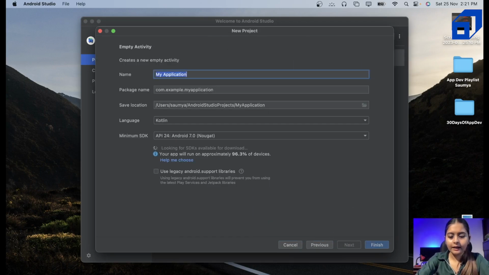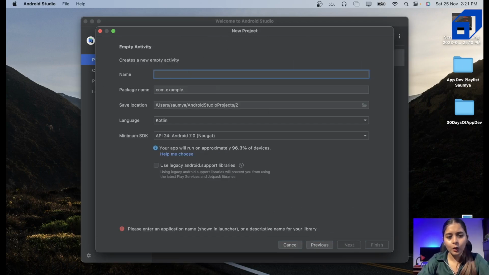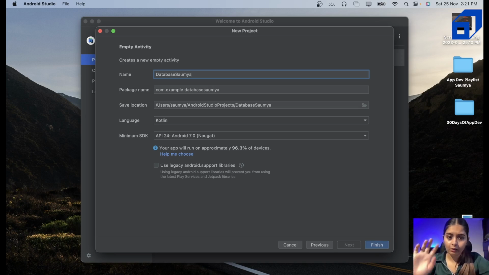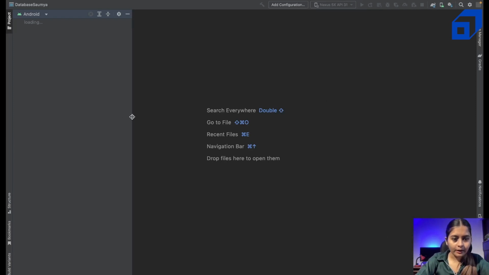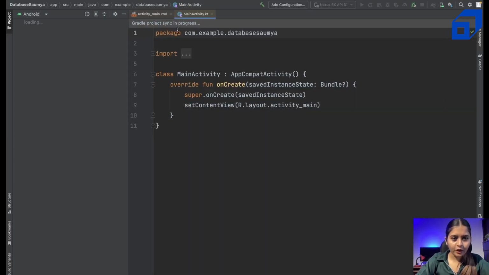And here let's give a good name to our project. So I will say database Saumya. I'll use my name here. Okay, click on finish. Some Gradle build etc. will happen here,